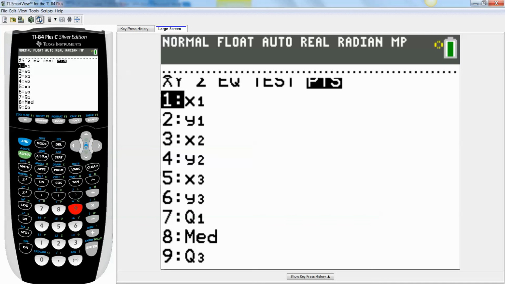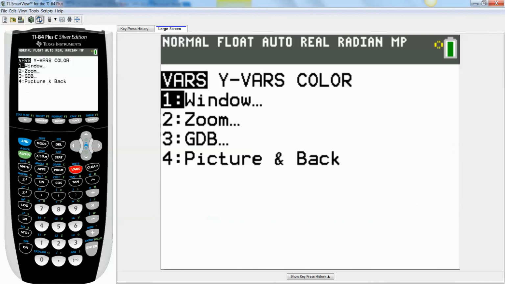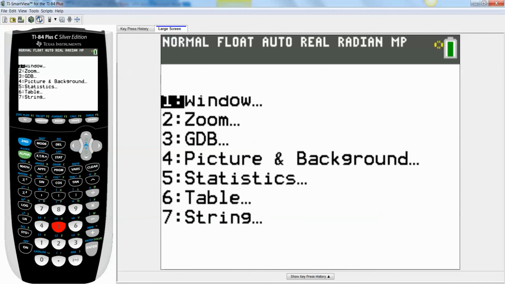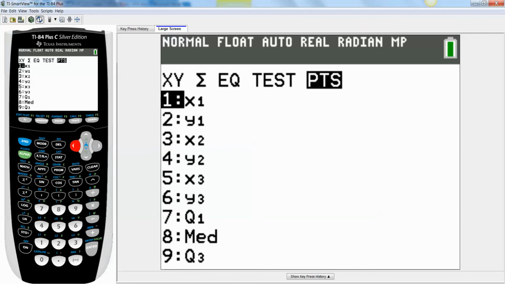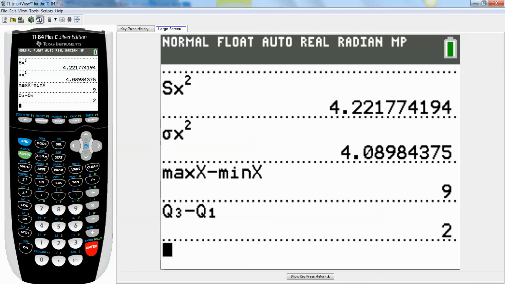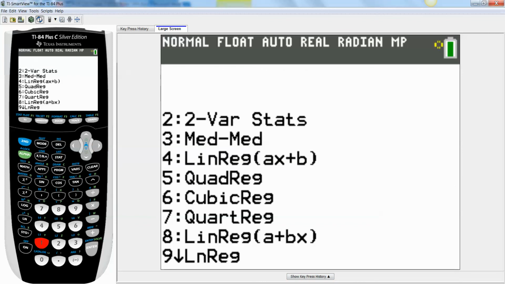All right, so I could say 9, which is Q3, minus, and then I can go back, variables, statistics, which is number 5. Then I'm going to go left because I know it's the PTS one, the points one. And then I'm going to hit Q1, which is 7. Enter. And there's my IQR right there. Nice, huh? And of course, these particular ones were so simple. If you remember stat, calc, one variable,